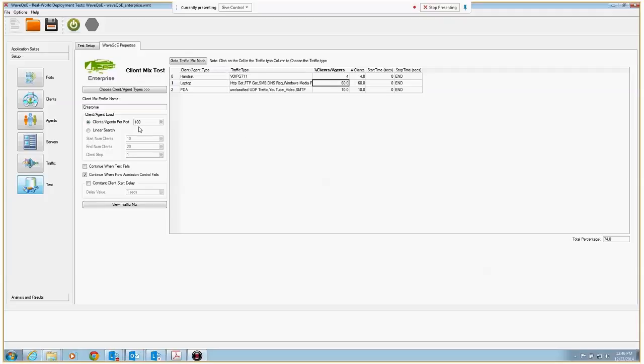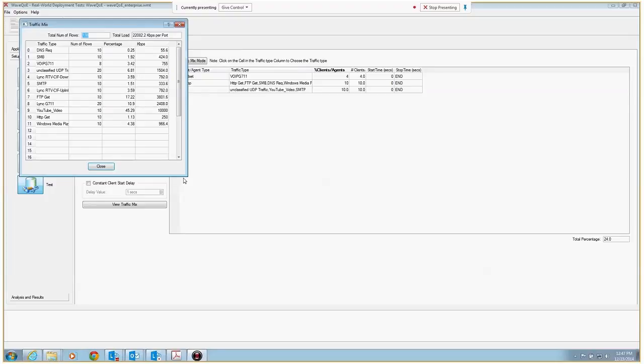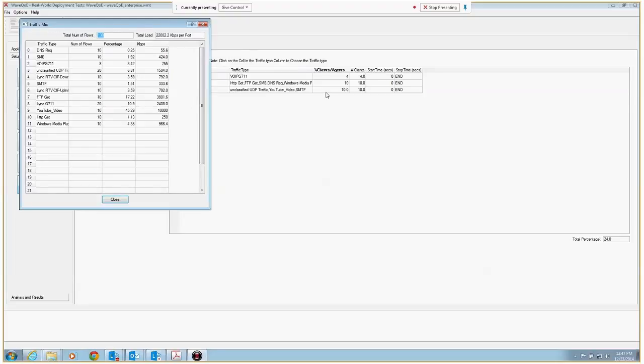We can describe what traffic type or assign more traffic types to each individual client. And then we get to describe what percentage of the total client count is each one of these. So if I said, I would like to have 4% handsets out of 100 total possible clients, which translates to 4,